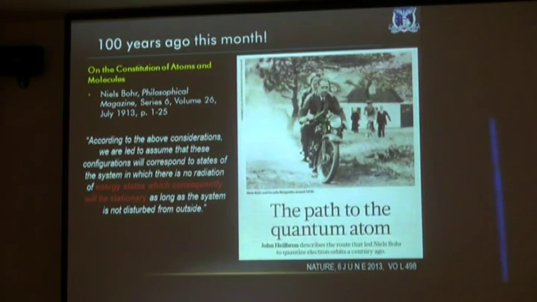And here is Niels and his wife, Margarita, on a motorbike, and so much of his early papers, where rough drafts were created and submitted to journals and publications, or speeches that he gave, are written in her handwriting. It's clear she had a very, very significant role in his thinking 100 years ago. But the paper we want to celebrate tonight is the one that he published in July